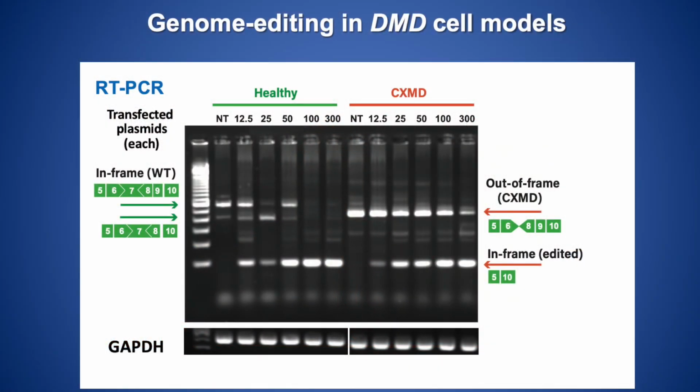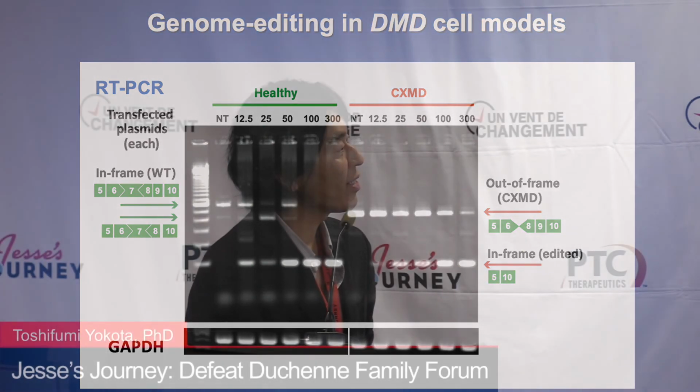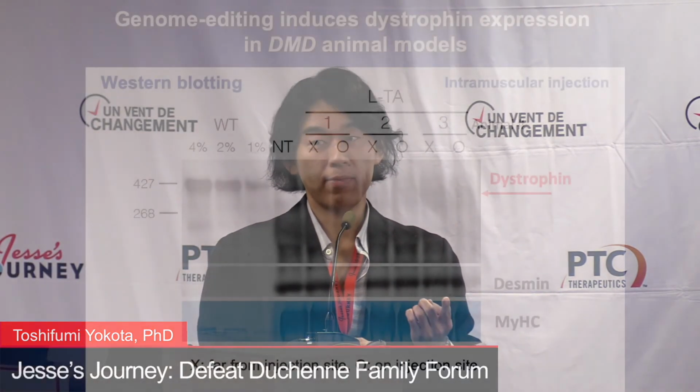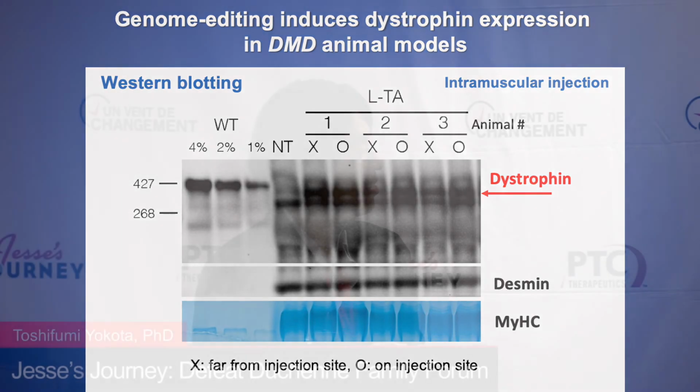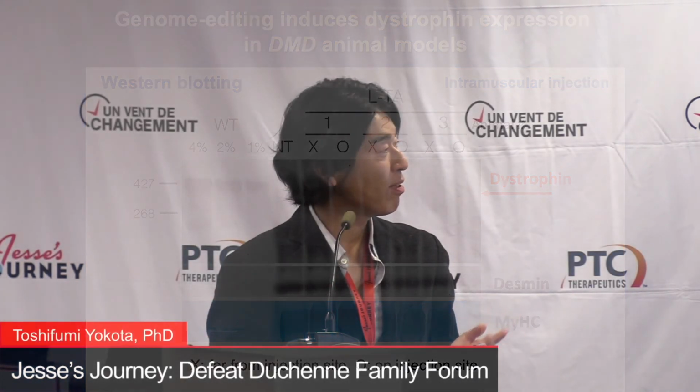Okay. So we did some cell studies and in vivo studies in live animals. We can restore the reading frame after the treatment with CRISPR. So this is very exciting. And also we injected CRISPR-Cas9 targeting intron 5 and intron 8, and we can restore the dystrophin expression in the dog live animal as well. So we have quite preliminary results so far, but it's working quite well, and we are very excited.